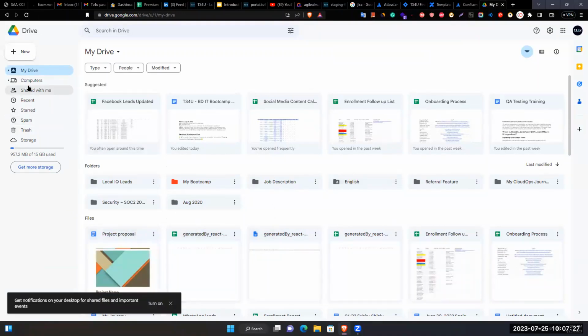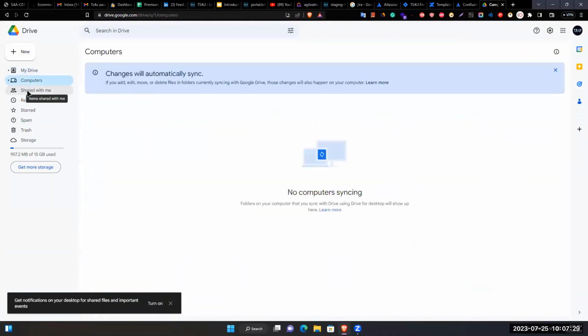Okay, so if we go to Computers, this is where we sync a folder with Google Drive. What does that mean? Let's say this is my local computer.